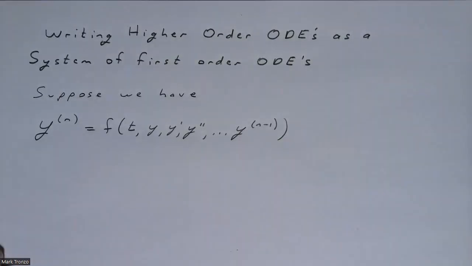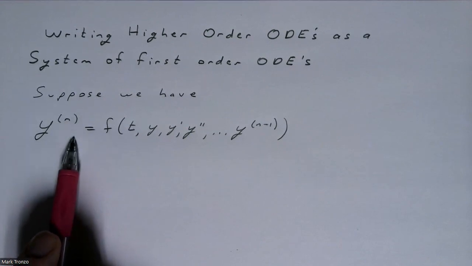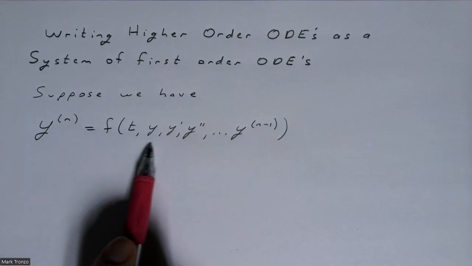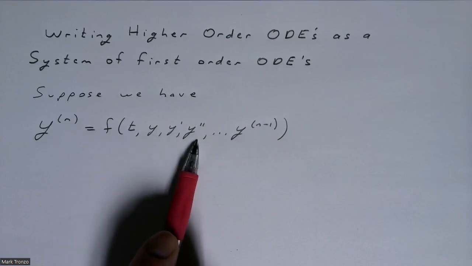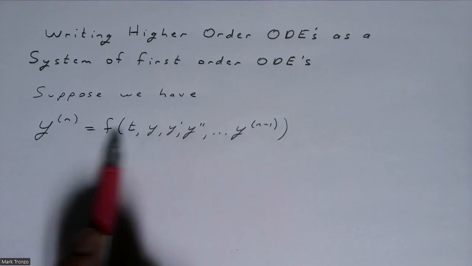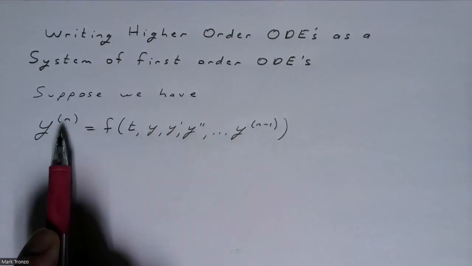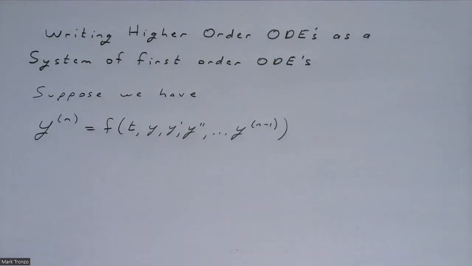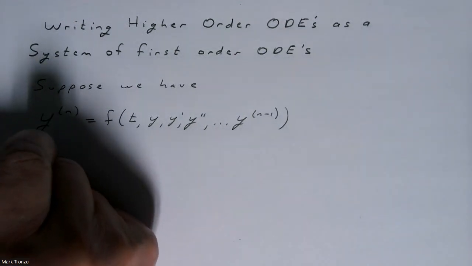In other words, we have a higher order differential equation that we can write as a function of t, of y, and all the derivatives of y up to n minus 1. And we'll look at an example and it'll be clear how this works. But first of all, to solve this,